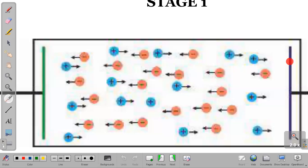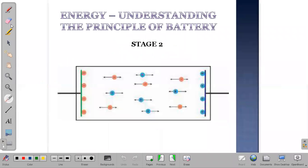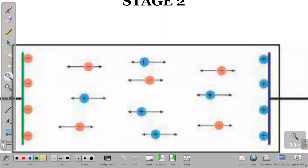And these electrodes, as you can see, these particular electrodes in the corners, one green and one dark blue or violet, are essentially supporting this separation process. For example, the right side one can support all the positive charges, and the left side one can support all the negative charges. Okay, so that's the first stage. And now let's look at the second stage, what's happening. So because of that chemical force, some negative charges,